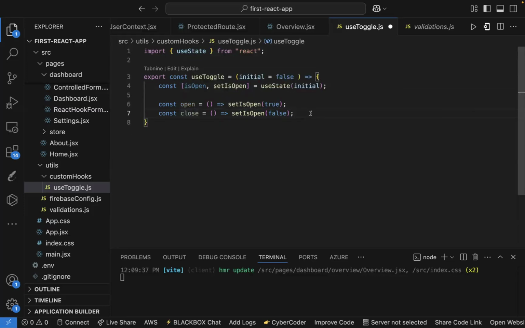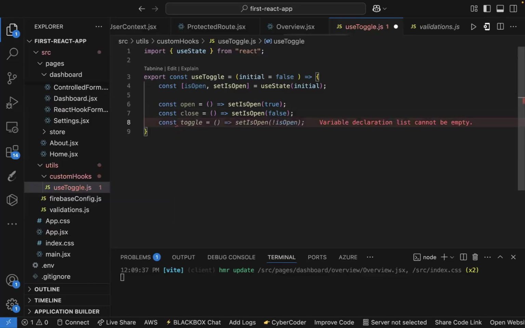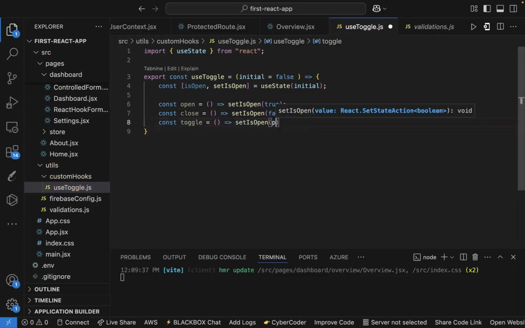Now we also want to have a toggle function. So let's say const toggle. And for toggle, we want to say setIsOpen, previous